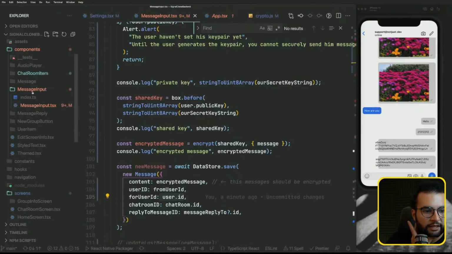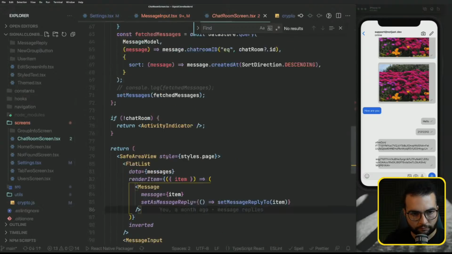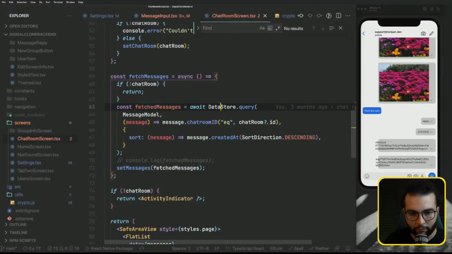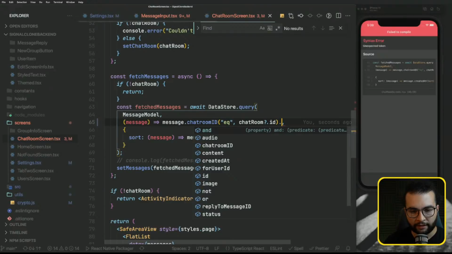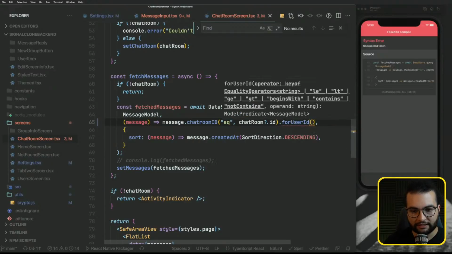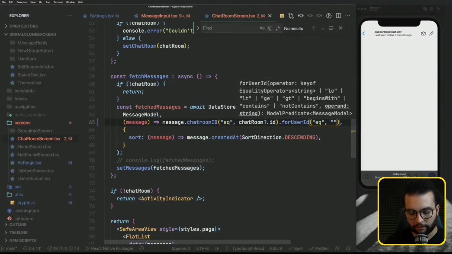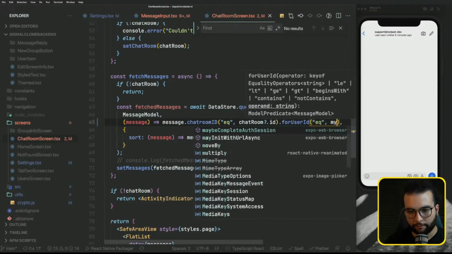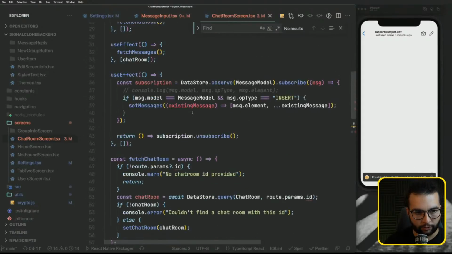So where is that happening? That is happening somewhere in screens, chat room screen. And here, fetch messages, await data store query, message model. Message model where message chatroom ID equal to chatroom ID and for user ID is equal to my ID. But my ID, I can get it with